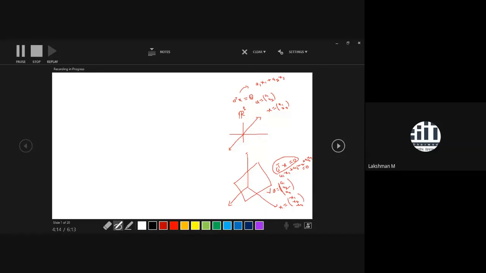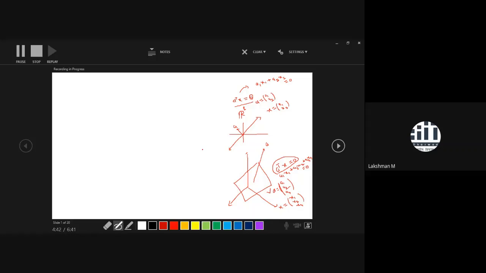So what does it represent in 2D? It represents a line. It is already clear here, but through this representation you can easily identify what A represents. A is the normal vector to this line. And similarly, in the plane, A represents a normal vector to the plane. A is normal to the plane.